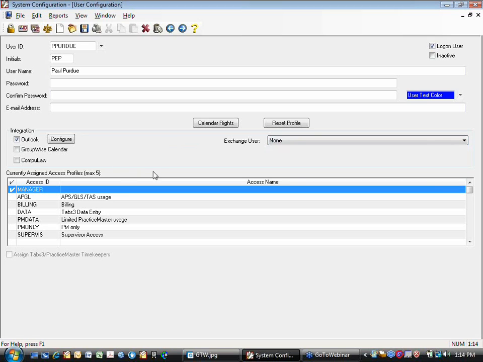But basically, to set up Outlook configuration, you pull up each individual user, turn it on, configure based on what you've decided the firm configuration is going to be for Outlook for contacts and events and tasks. And then if you're using Exchange, you set up the Exchange or link it to the Exchange user here. So you've got your user in system configuration, and this is how you tie that user to the Exchange user